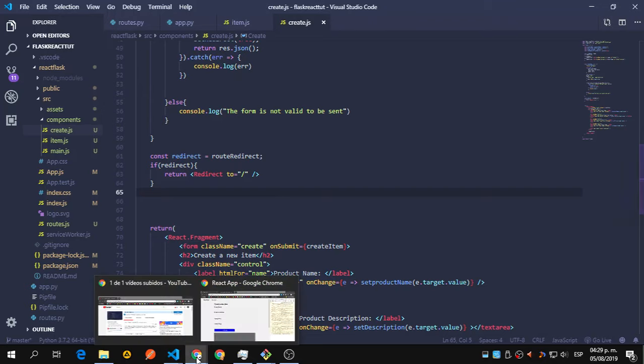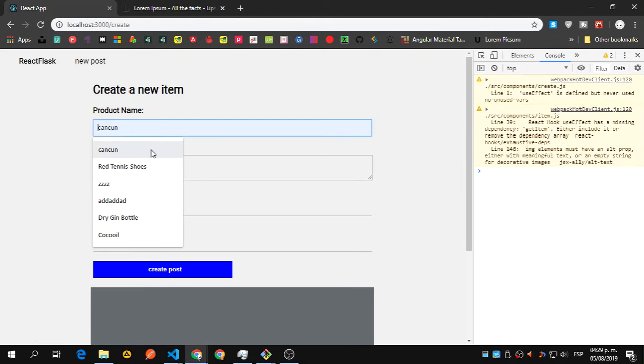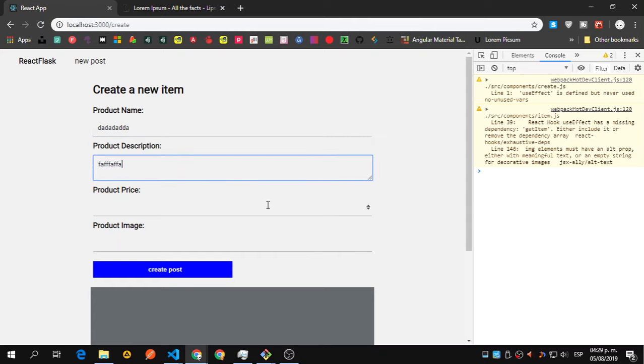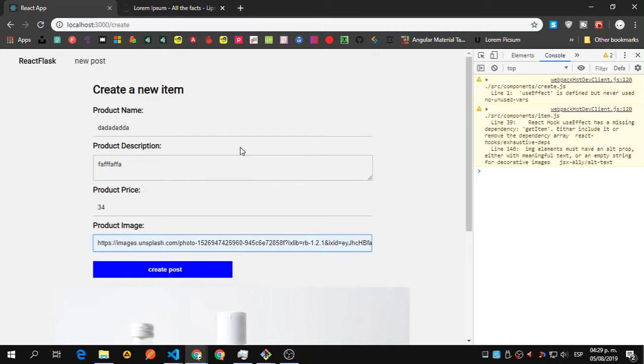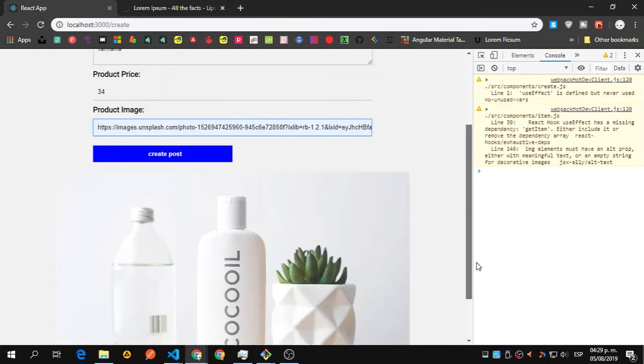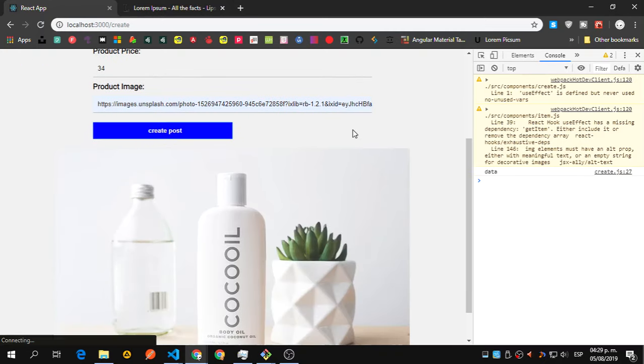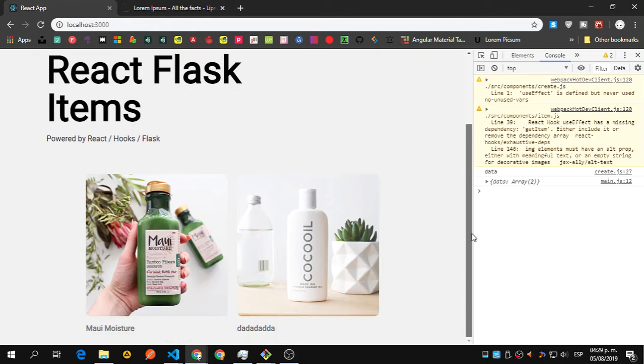And just like that, if we create a new item, let's say 34 again, and let's add another one. So we have that one again. Let's add this one, coco oil again. Create post, and we get redirected. Okay,